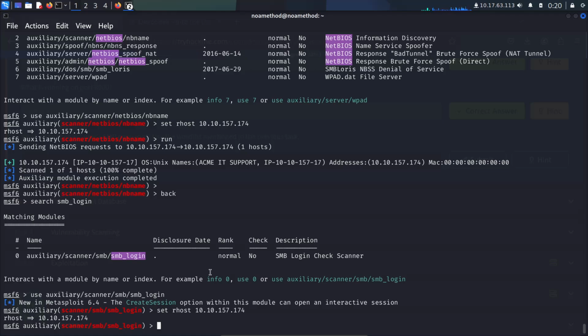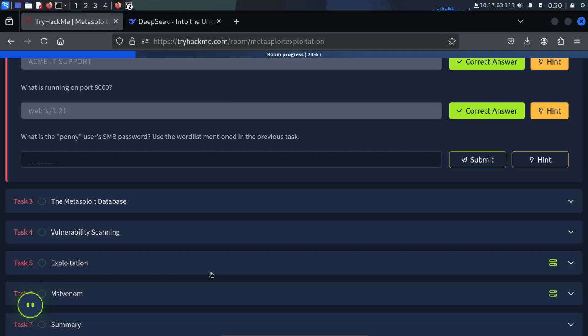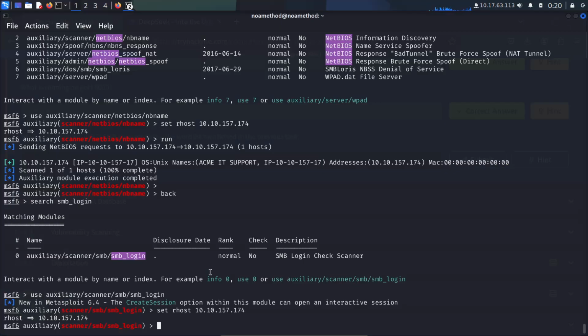Then the SMB user is Penny. Set SMB user to Penny.